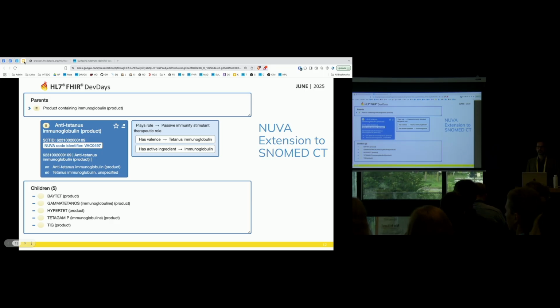We have one question from a participant. How do you use Expression Constraint Language in IG authoring? Tools like IG Publisher and Sushi do not support ECL. Expression Constraint Language, sorry. Well, tx.fhir.org does not support ECL, which is a large part of the problem. And Graham has come to us and asked us to